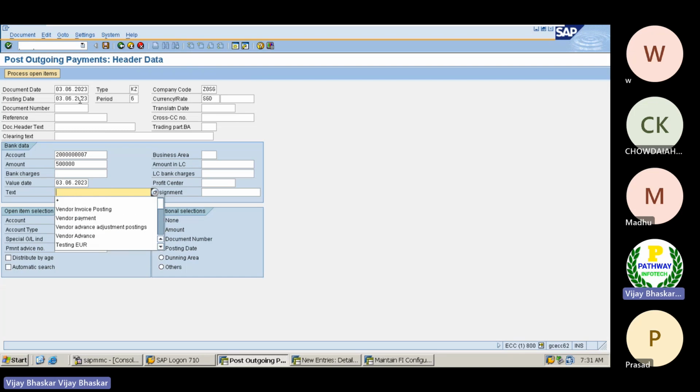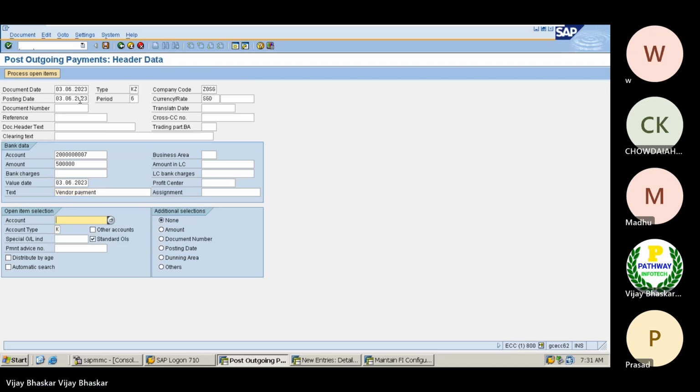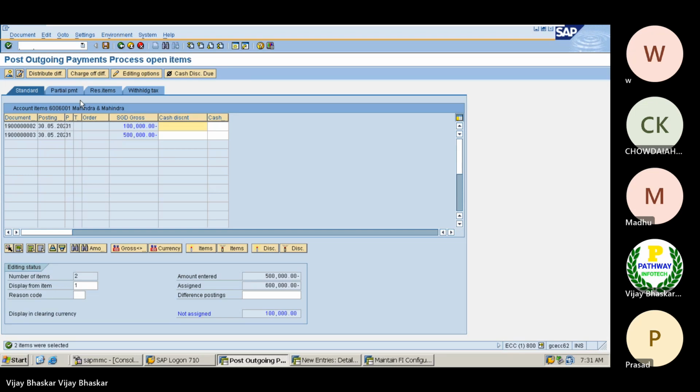Vendor payment. This one. Then cash discount, here it is. Okay, now if you can see here, but I do not want to do all these things.